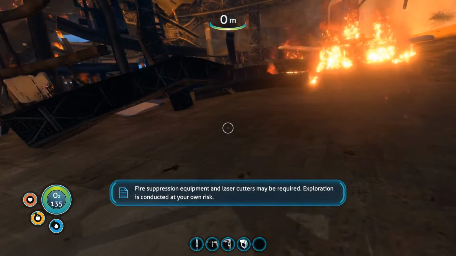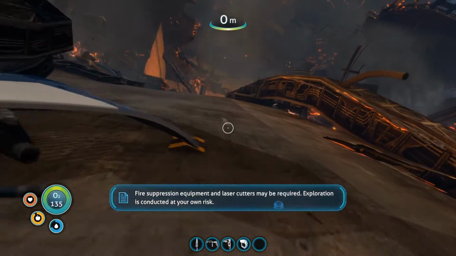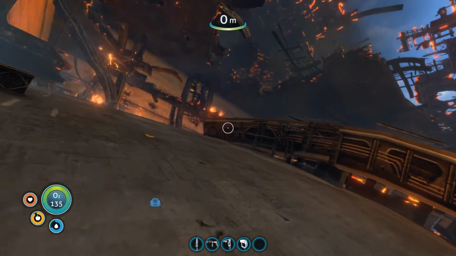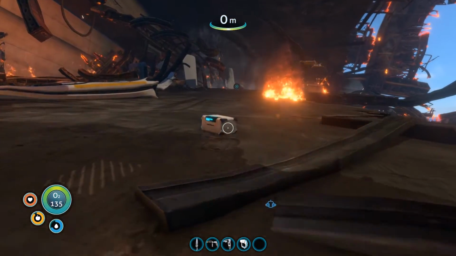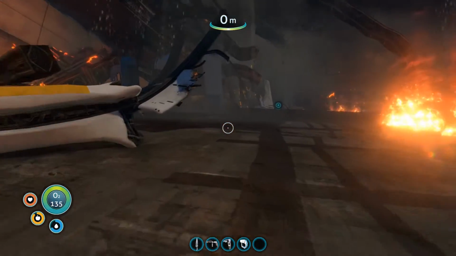Equipment and laser cutters may be required. Yeah, see, I don't. Is conducted at your own risk. It even tells you a laser cutter may be required. Let's just run up here real quick and see what we can get. I forgot to bring a fire extinguisher too. I totally forgot about that. You do need a fire extinguisher in certain areas, so we are not properly equipped for this. But